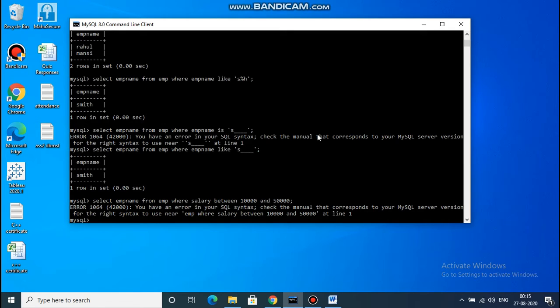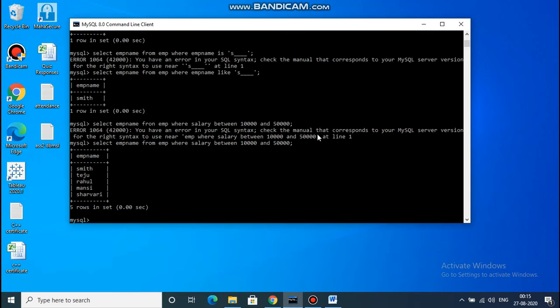There is an error, spelling mistake. You can see here the names of the salary having the range between 10,000 to 50,000. Okay, the next important DML query we can say regarding the updation of the table.